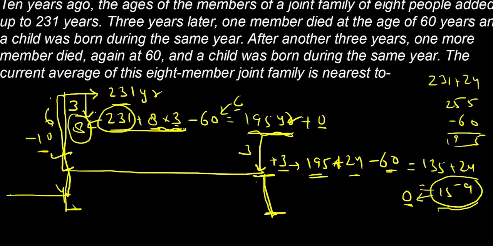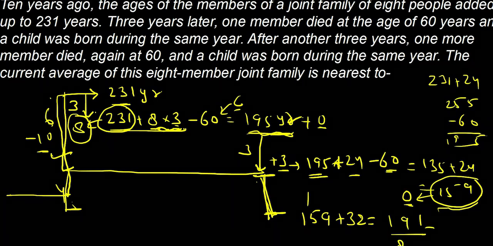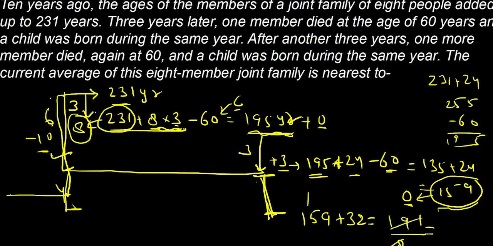In 4 years, 8 people are there, so they will increase their age by 32. 8 fours are 32, so it will be 9 plus 2 is 11, 16 plus 3 is 19, and 8 people are there. 191 divided by 8, whatever the answer. 8 2s are 16,